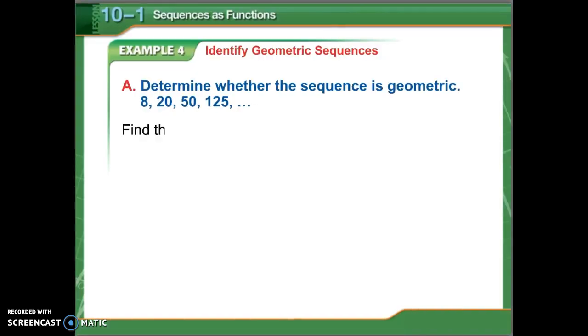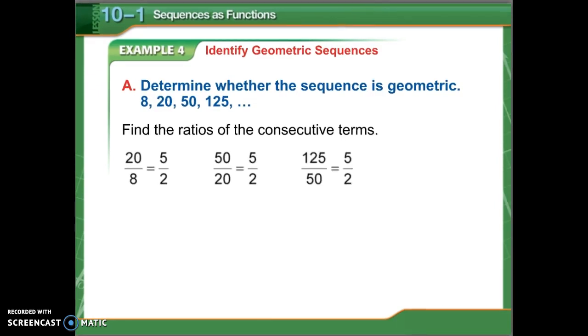So the difference between a geometric sequence and an arithmetic sequence is that arithmetic sequences add or subtract the same number every time, and a geometric sequence multiplies or divides by the same number every time. So if you want to find the common factor for the pattern, instead of adding or subtracting the number, or instead of taking one number and subtracting the number that came before it, for geometric, you take a number and you divide by the number that came before